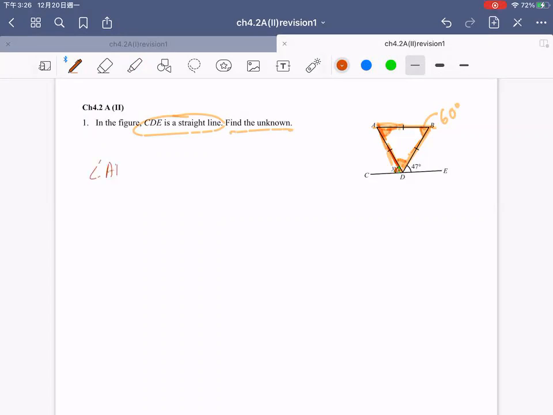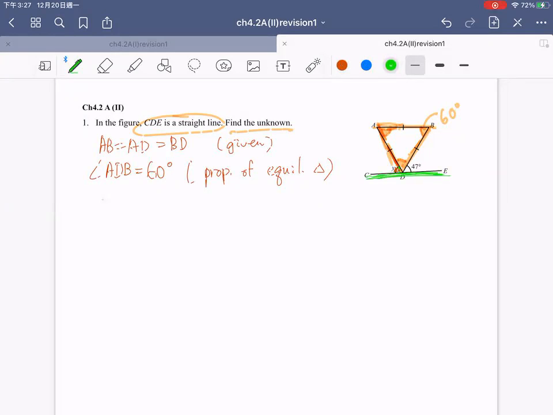angle ADB is 60 degrees. Reason: property of equilateral triangle. And before this, we need to state AB is AD is BD, given, in order to specify it is an equilateral triangle. Right. So now we have the straight line CDE here, then we can say that because this is